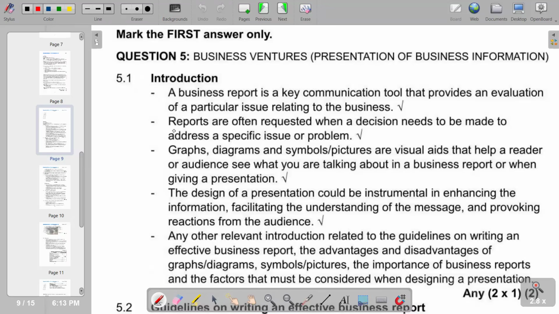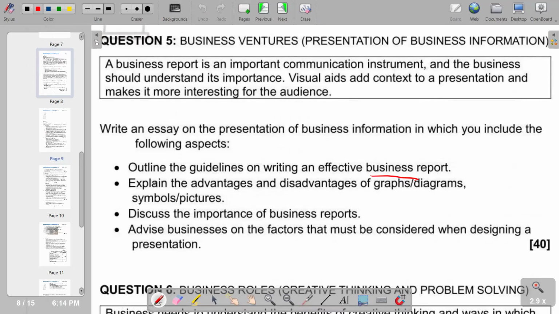In terms of introduction, we can define a business report, whereby a business report is a key communication tool that provides an evaluation of a particular issue relating to the business. And we have further explanations that we can also include in our introduction. So moving on to the next part, we now move on to the main body,